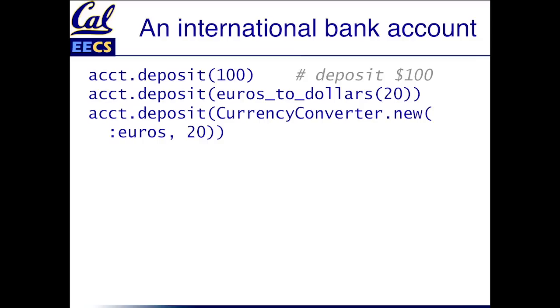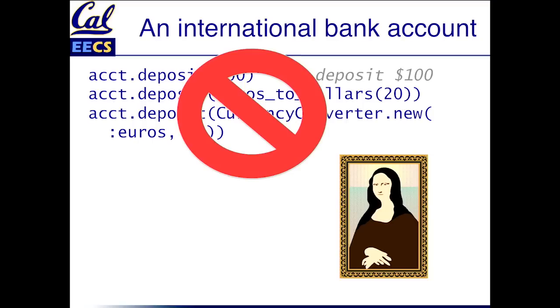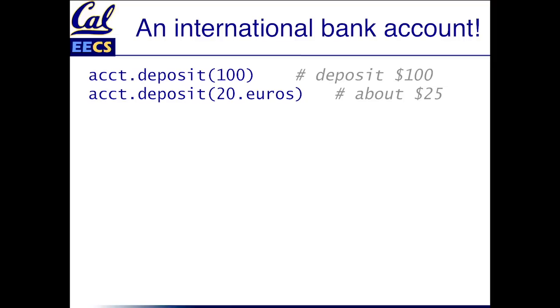OK, so that's ugly. What else might we do? If we were in a traditional object-oriented language, we might be forced into something like this. Instantiating a currency converter. Yeah, I know, right? Groan with me. That's terrible. So that's not beautiful. We're all about trying to write beautiful code. So what would we like to be able to say? What would be a more readable version of what we want to do? Well, that's dollars. How about that for euros? That's pretty clear what you want to do.